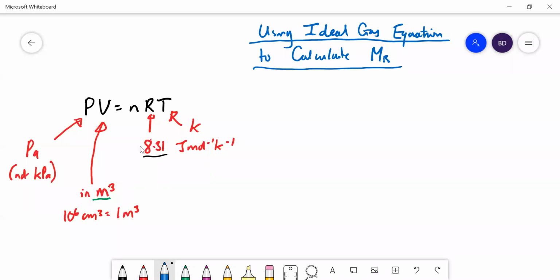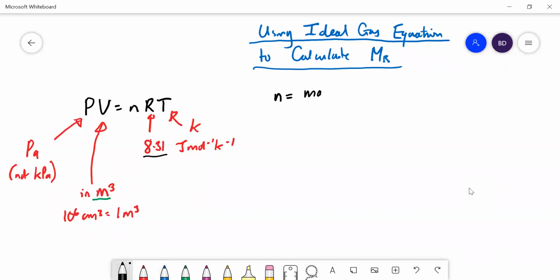Okay, we can use the ideal gas equation to calculate the Mr of gases and of volatile liquids. Let's see how we can do that. We've got our ideal gas equation there on the left: PV is equal to nRT, and don't forget to be careful with the units. We also know that n, the number of moles,